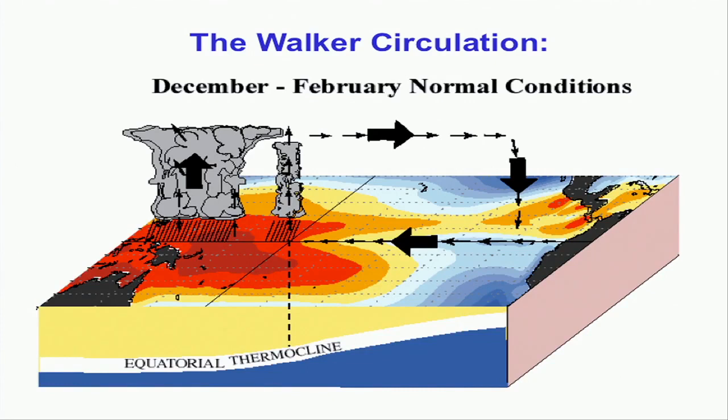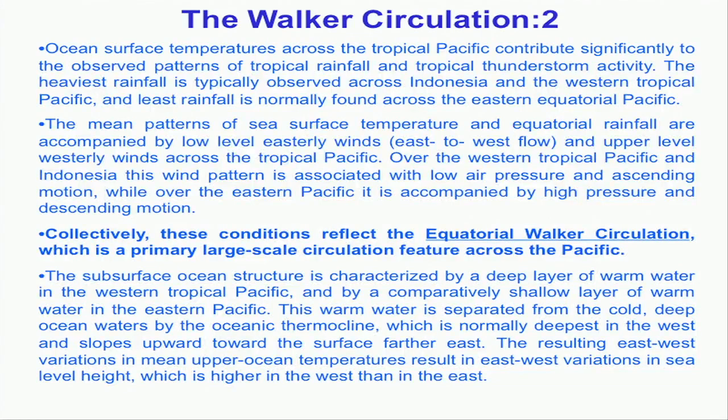So, where do we go from here? How is that pattern going to change? We said these are normal conditions. What happens if that thermocline depth changes? How's it going to affect the Walker circulation pattern? Well, those are the topics we just went through, so make sure that you're familiar with those initially. So if somebody asks you what the Walker circulation is, you can explain briefly what the key characteristics are. So let's keep going now